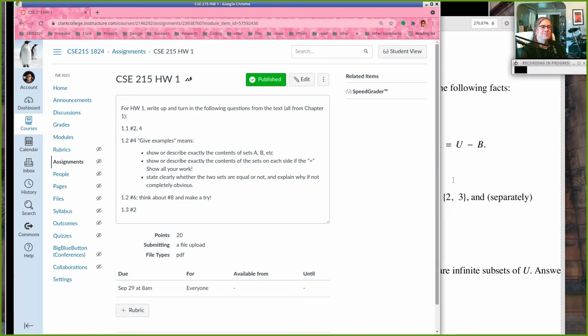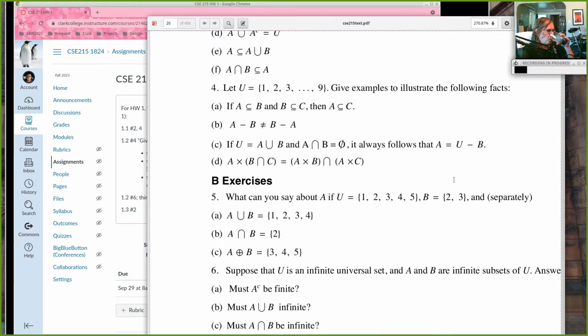All right, and then yeah, go ahead. So when you're sketching those intersections, you're actually like sketching a picture. No, just